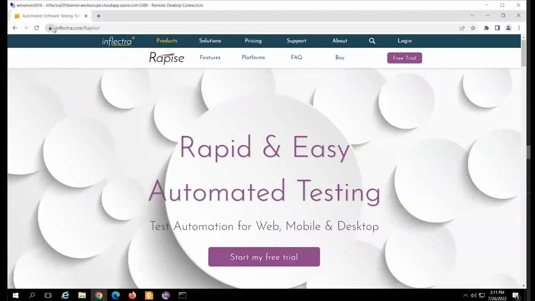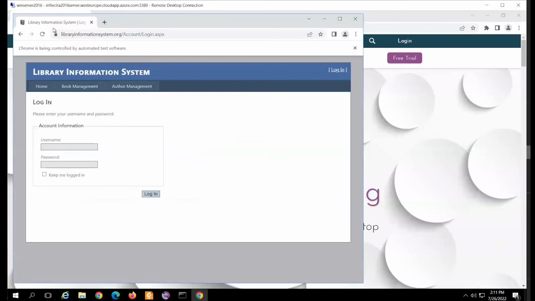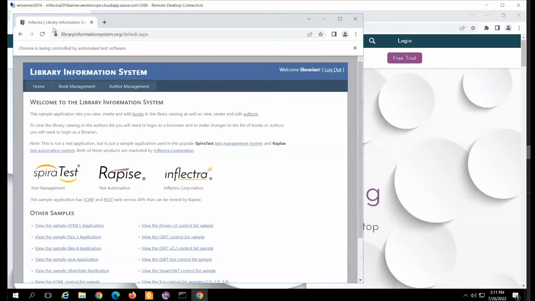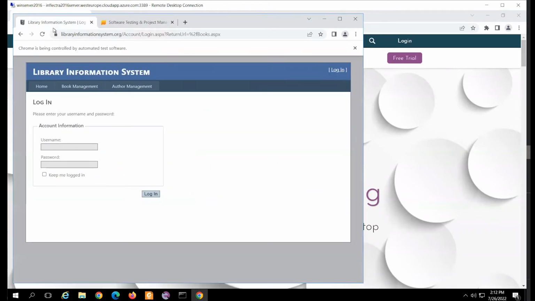It will not use the Chrome I'm using for browsing. It will launch a new Chrome instance with a fresh profile with an empty cache by default,